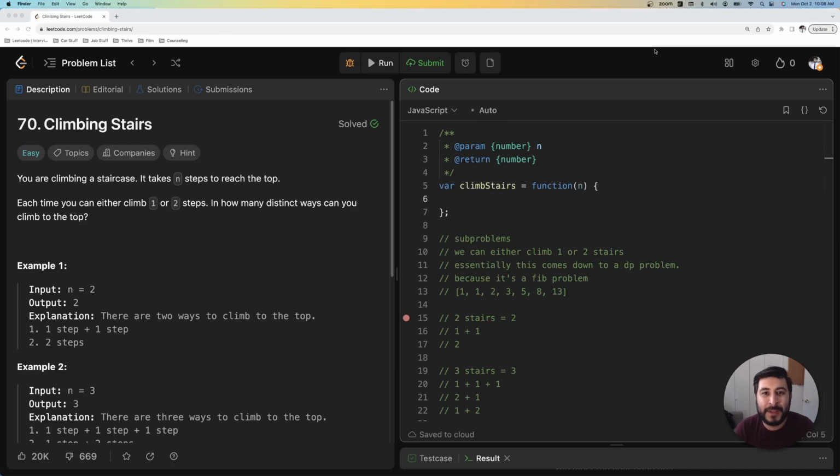Hey, welcome back. Today we're going to be doing LeetCode problem 70, climbing stairs. And today's solution is going to use something called dynamic programming. That's right, dynamic programming. This concept can be pretty hard to understand, so with that being said, let's do it